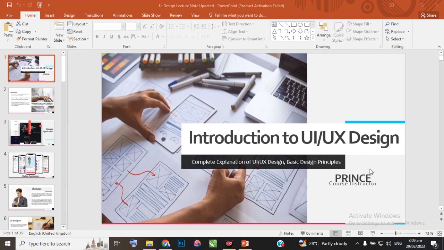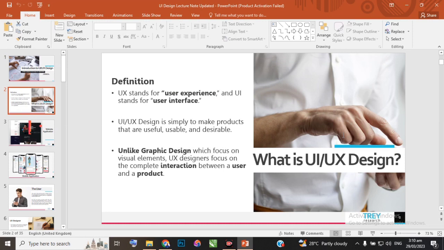So very quickly, I'll begin by defining UI/UX design. So what's the definition of UI/UX design? UX stands for user experience and UI stands for user interface. Okay, UI/UX design is simply to make products, websites and mobile apps in this case that are useful, usable and desirable. So unlike graphic design, which focuses on visual elements to convey information, UX designers focus on the complete